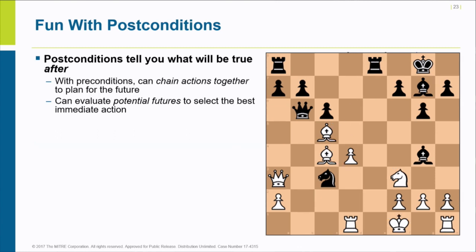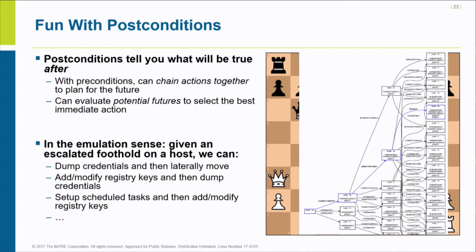Now, postconditions can tell you what happens after doing something. In chess, we might say, okay, if black moves the bishop over there, then white might take the queen, and then black will take the bishop. King moves over, and then the knight puts the white king in check, and black is Bobby Fischer, so it's all fun and games. From an emulation standpoint, what we can essentially do is start chaining actions together towards achieving